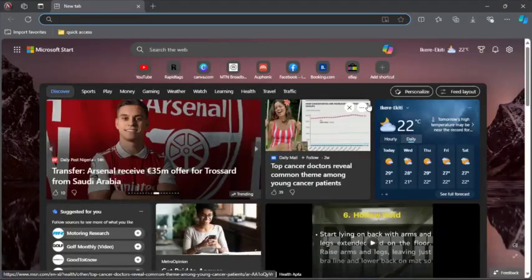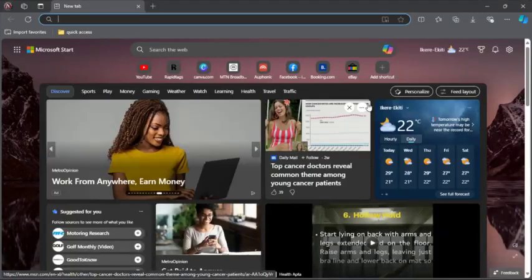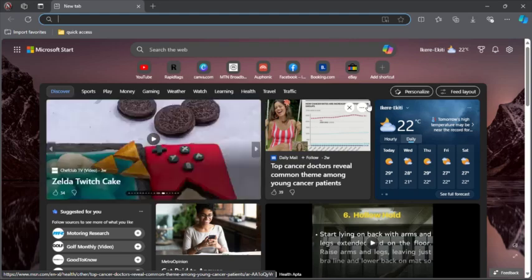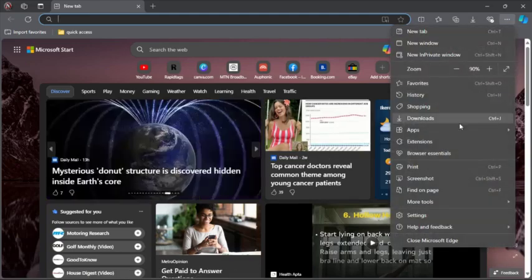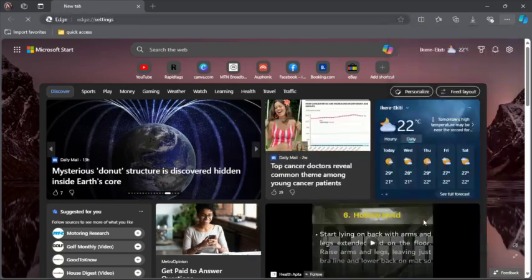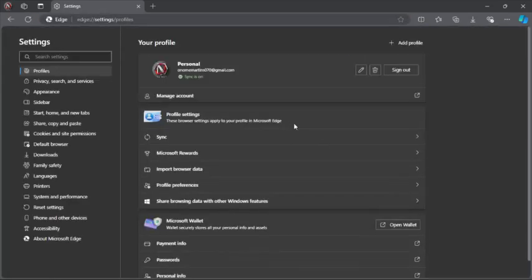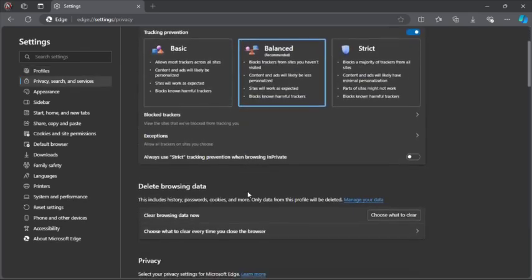Hello everyone, in this video I'm going to show you how to clear cookies and other site data in Microsoft Edge. So for you to do that, you have to click on the three dot icon, then you click on settings, then you click on privacy, search and services, and scroll down a little bit, and under delete browsing data, you click clear browsing data now, this option, and right in front of it you're going to tap the box and